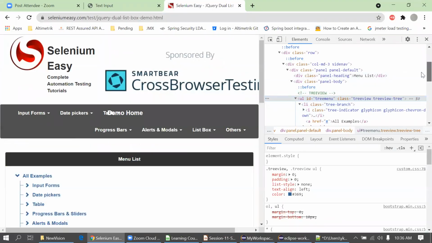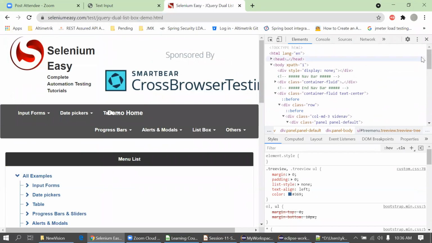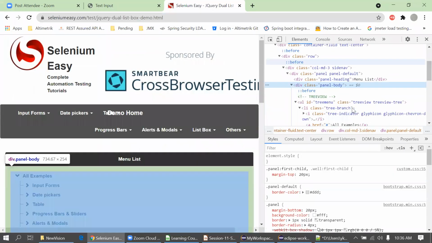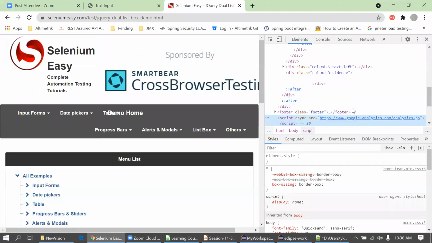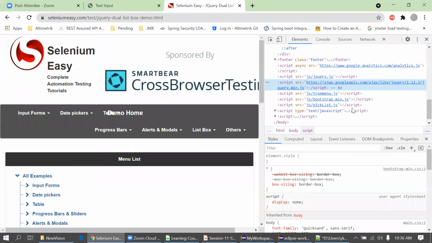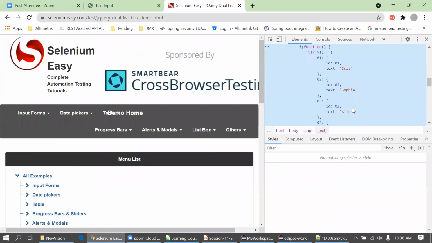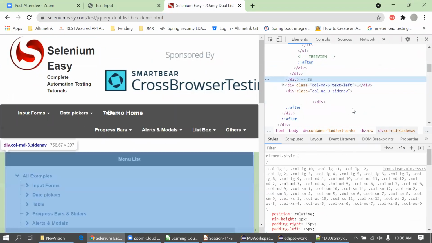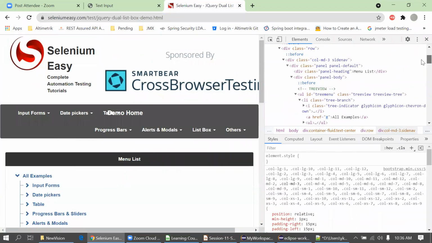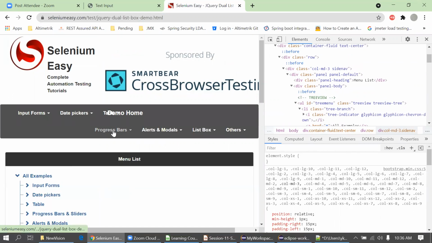Then this is a different thing, which looks at some other elements.